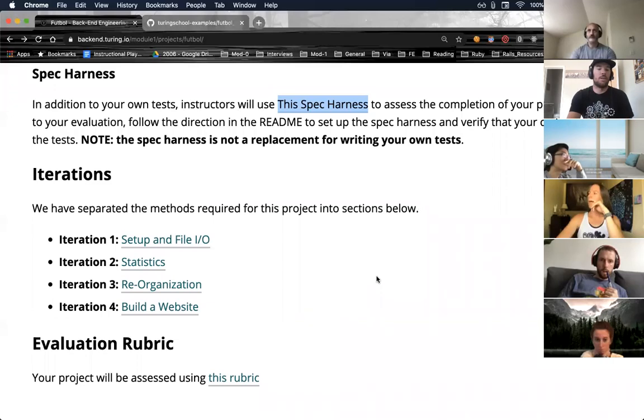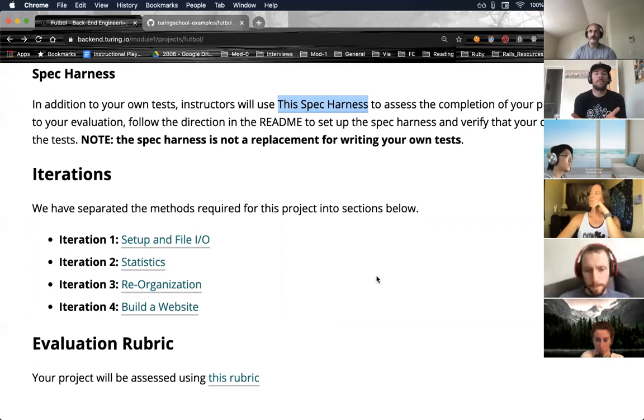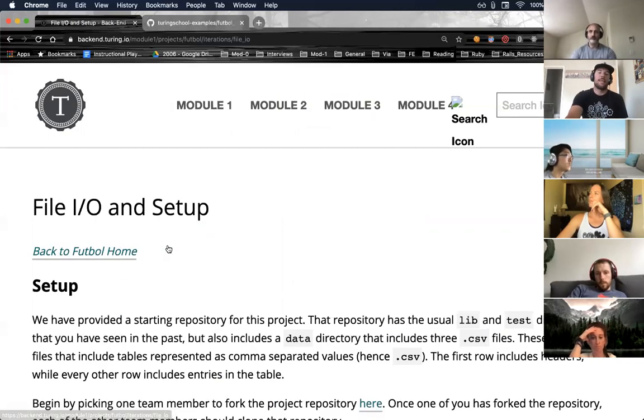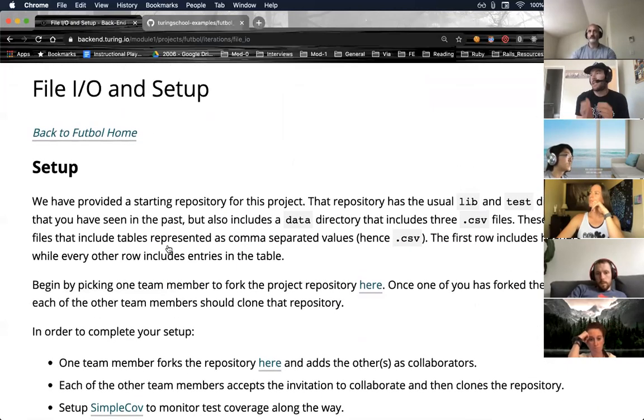All right, so we've separated the requirements into specific iterations, and iteration 1 is pure setup. Like, can you read the data in the way that we lay out?